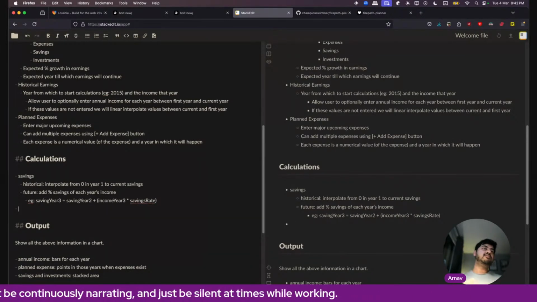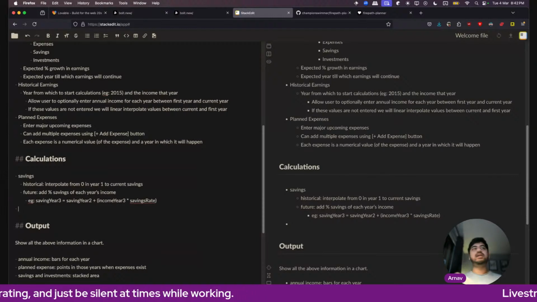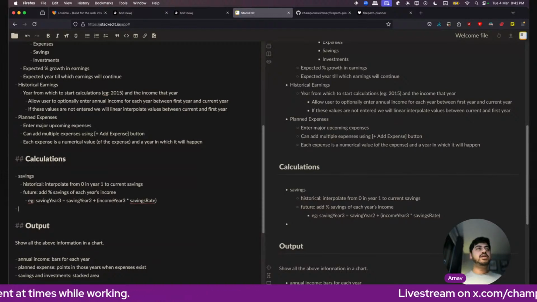I'm giving precise calculation values because I think it will help in the code if I do it this way.